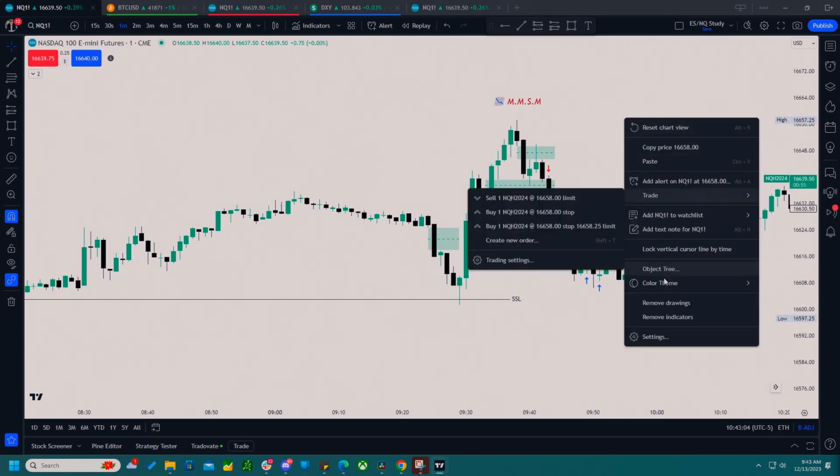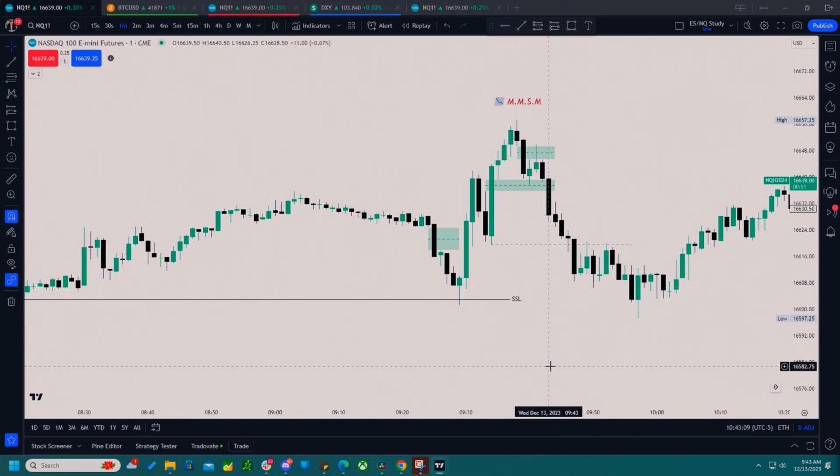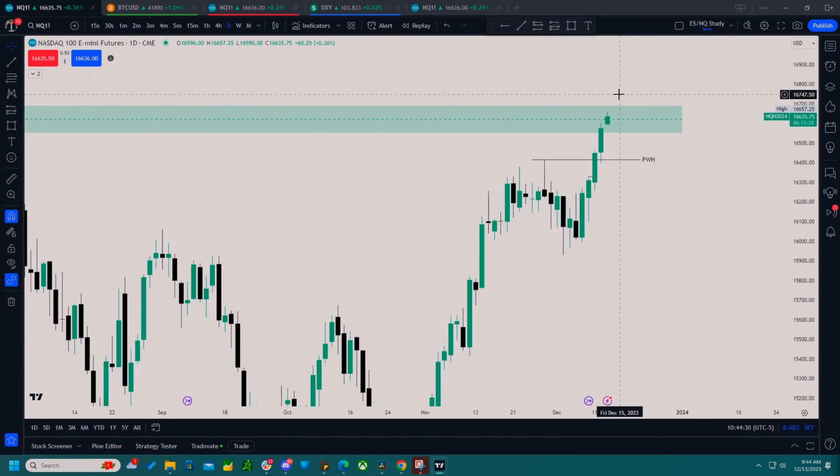We're going to go over why I took this trade, and to do this we first have to start and look at the higher time frame to really get our bias for the day. Here we are on the daily time frame on the NASDAQ. As you can see, we've had a pretty bullish run so far, and we've finally come up into this